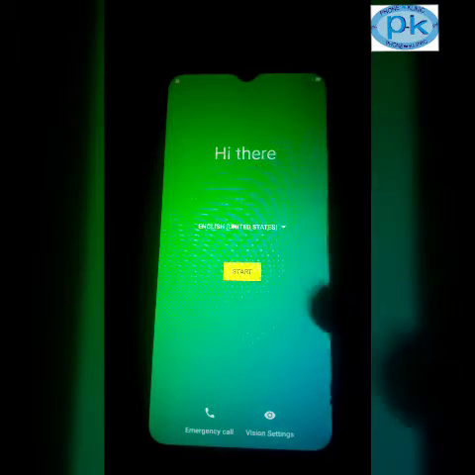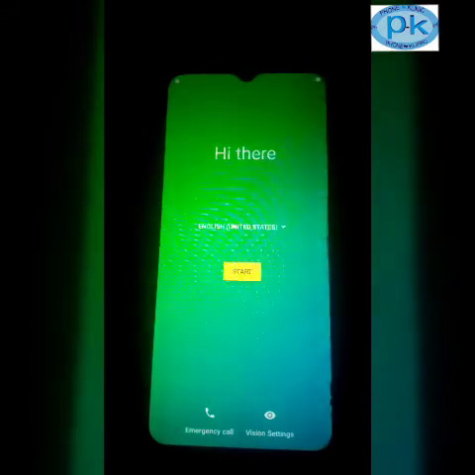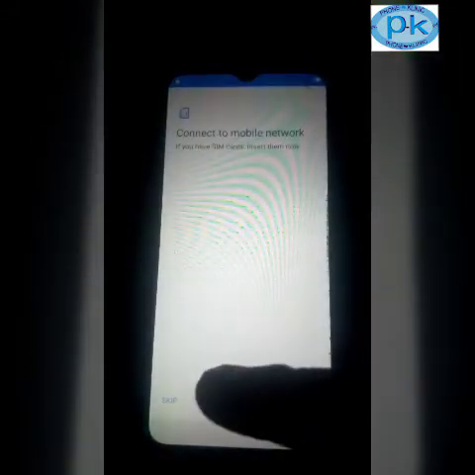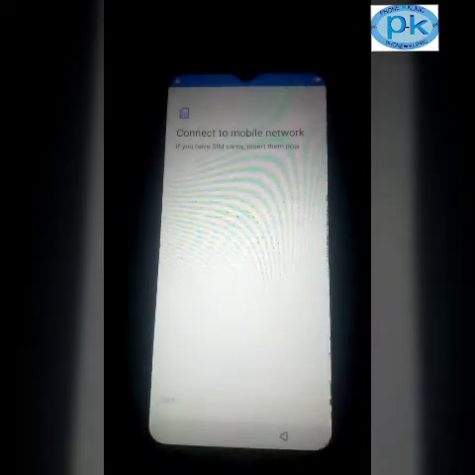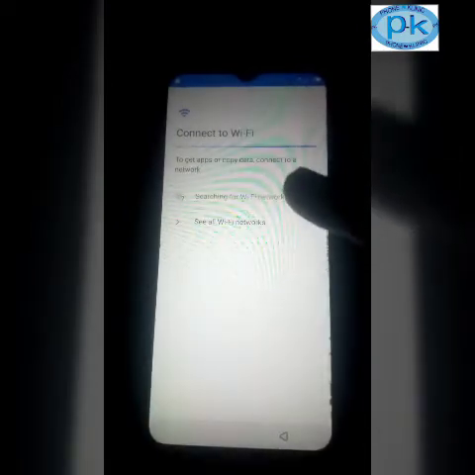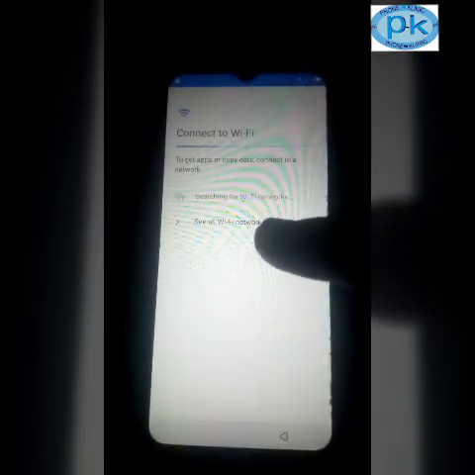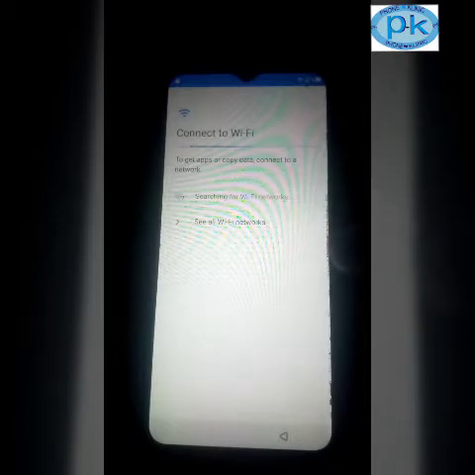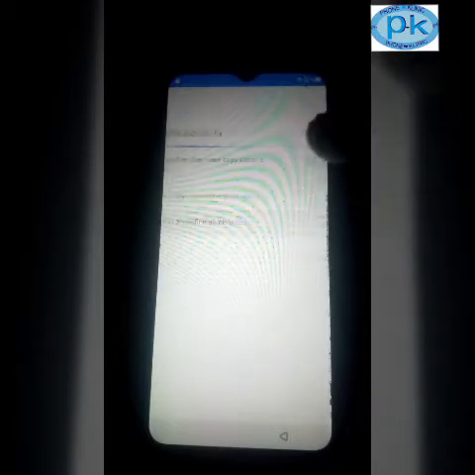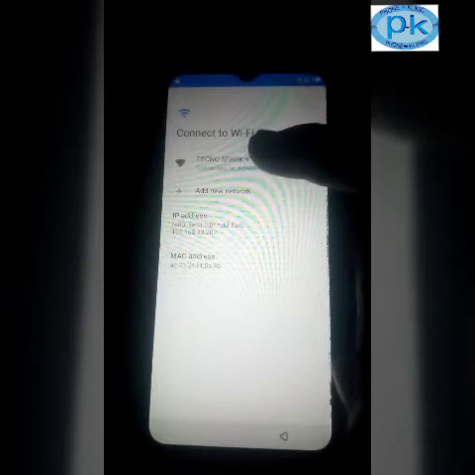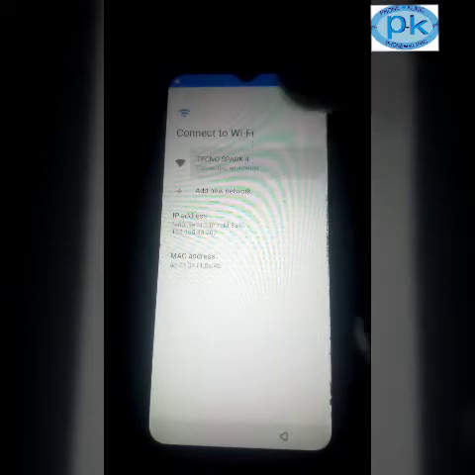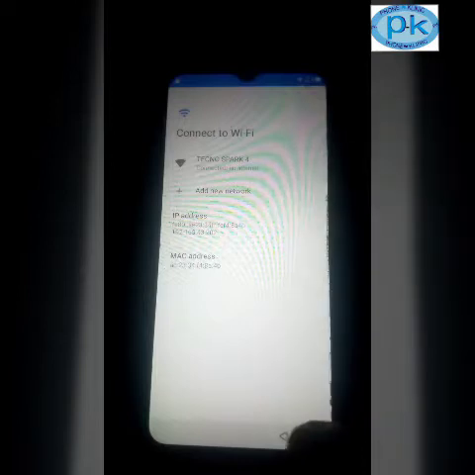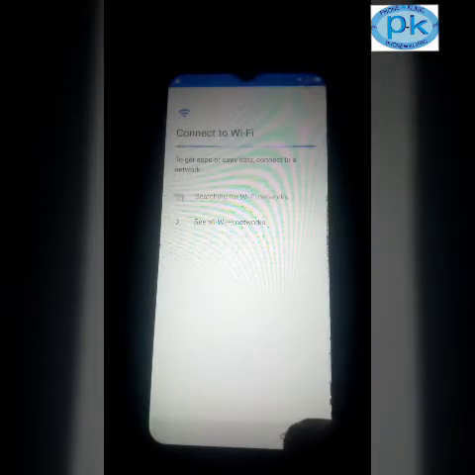Now the first thing you need to do, you click on start, you click on skip, and then you connect to your Wi-Fi network. See your network, and then connect to it. After connecting to it, you come back